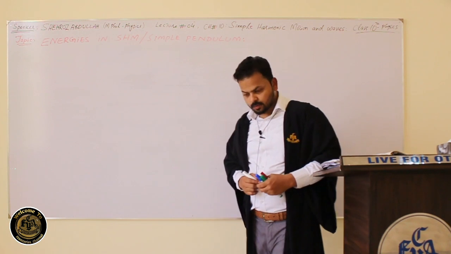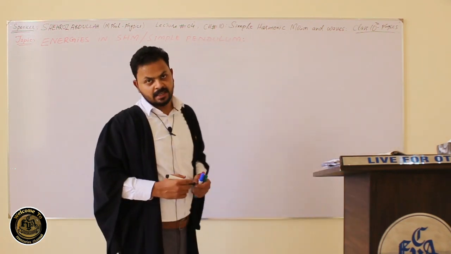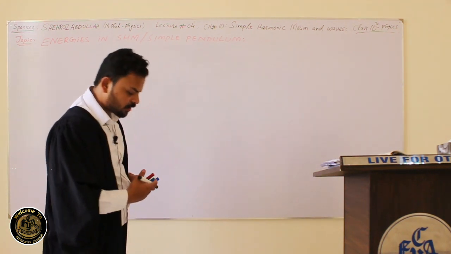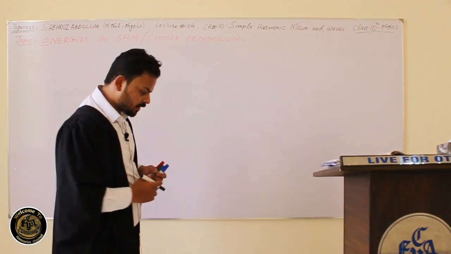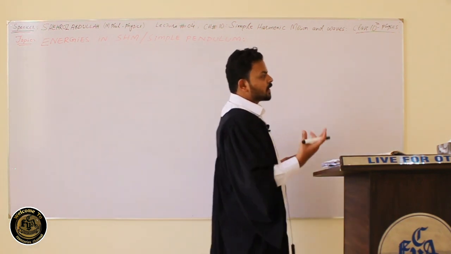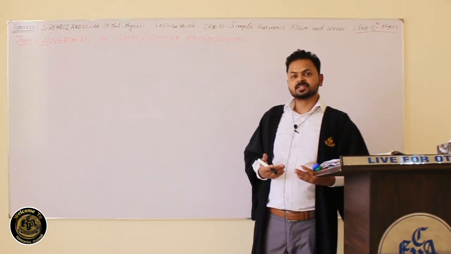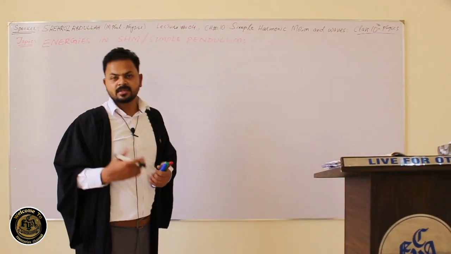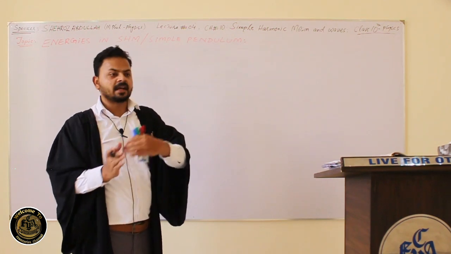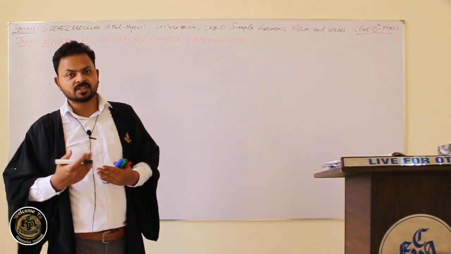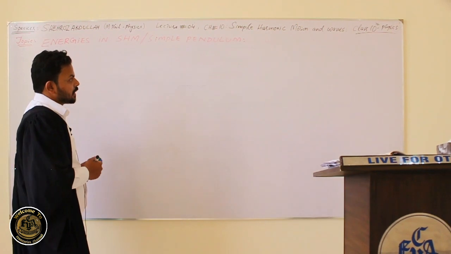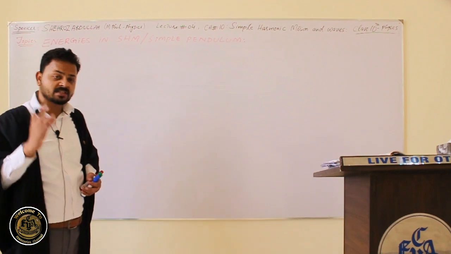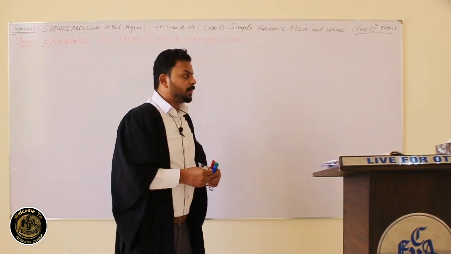Okay, now we are going to discuss energies in simple harmonic motion, or you can say simple pendulum, like what sort of energies are involved in there. Like there are two types of energies, kinetic energy and potential energy. Now we are going to discuss the increase or decrease in the kinetic energy of a simple pendulum when it is at extreme position, when it is at mean position, what kind of increase or decrease appears. So we are going to draw a very detailed schematic diagram which will be helpful to understand the energies in simple pendulum. Look,